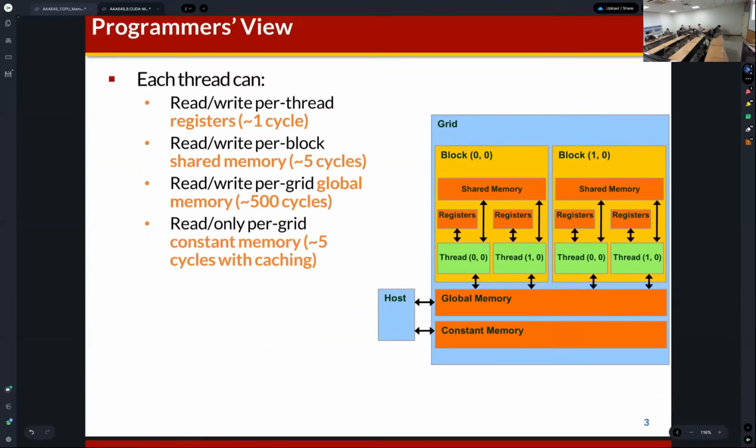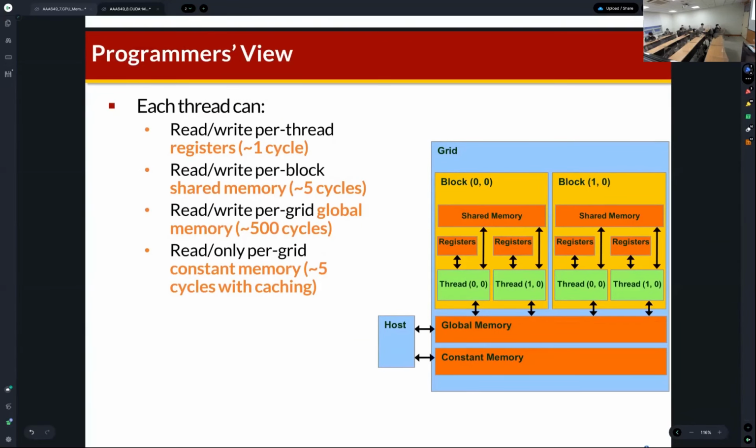So this is the programmer's view of the GPU's memory space. Actually, the programmer knows that if the data is read from the global memory, it will take a very long time. But the programmer does not know about the detailed architecture and detailed memory hierarchy of the GPU. Right? In the CPU domain,